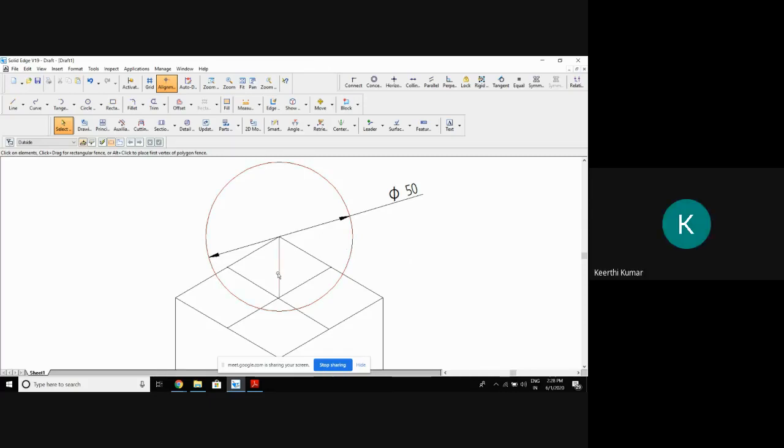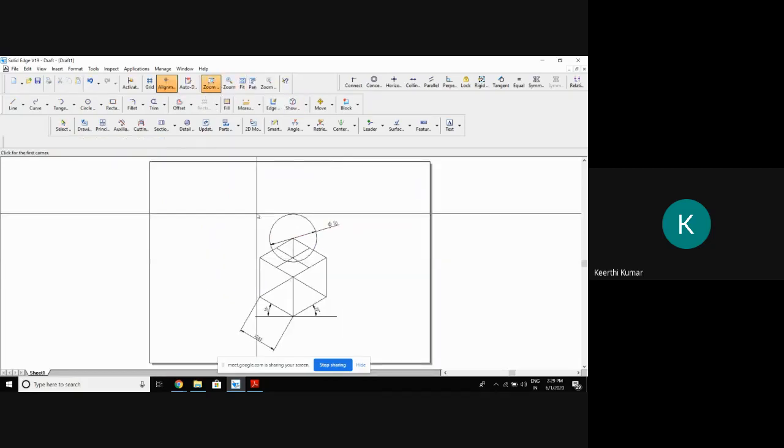Okay, now. So first, to draw the line from the center, I have drawn the line. This line is equal to the radius into 0.8164. Then if you keep this as the center and the original radius, that is 25, and draw a circle, the diameter will be 50. So finally, what is our aim? Our aim is to make this 50 mm sphere rest on the center of the cube. That is done.